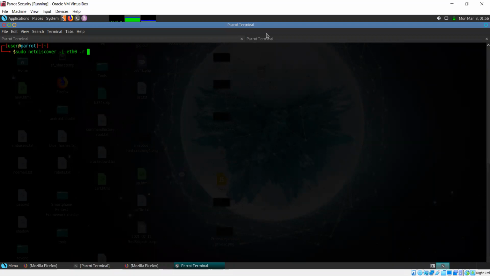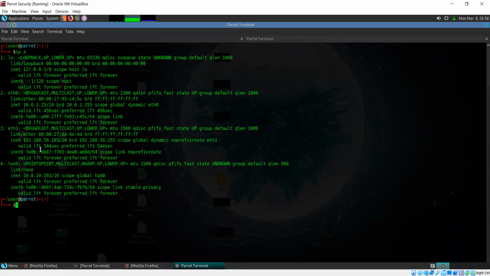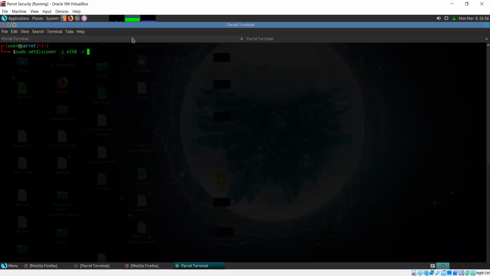So I need to specify the range, 10.0.2.15/24. Now, for some reason, the /24 does not seem to work properly with Netdiscover, so we'll just cast a wider net with /16 and try to run it.